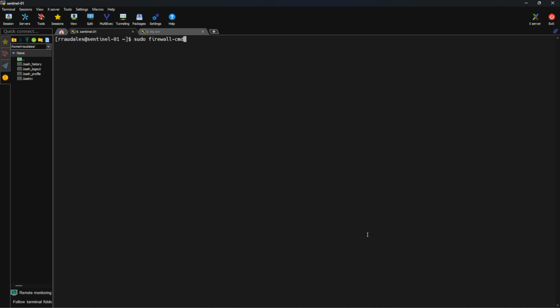firewall-cmd --permanent --add-port=3000/tcp. This is going to open up port 3000, which is the port that Grafana utilizes. Good, successful. So the next thing I want to do is I want to be able to access Grafana and